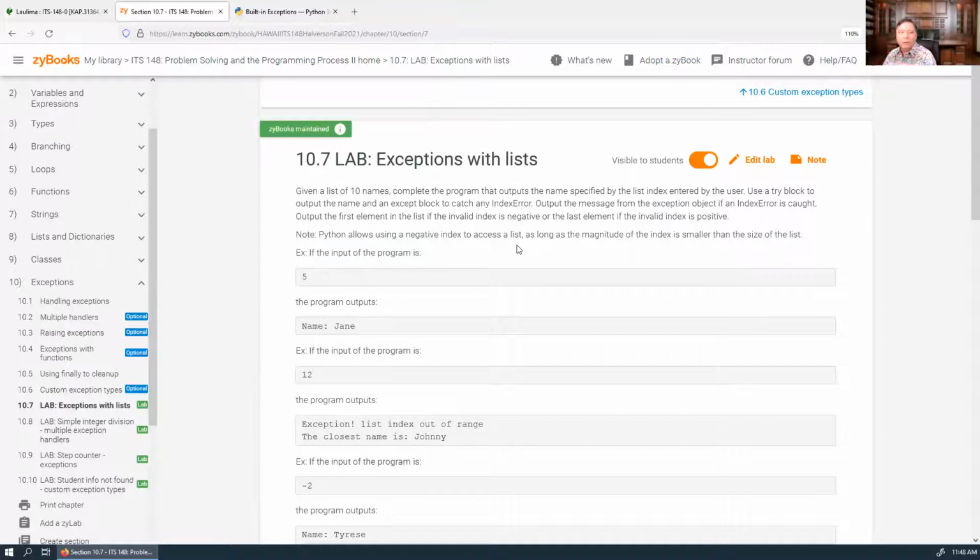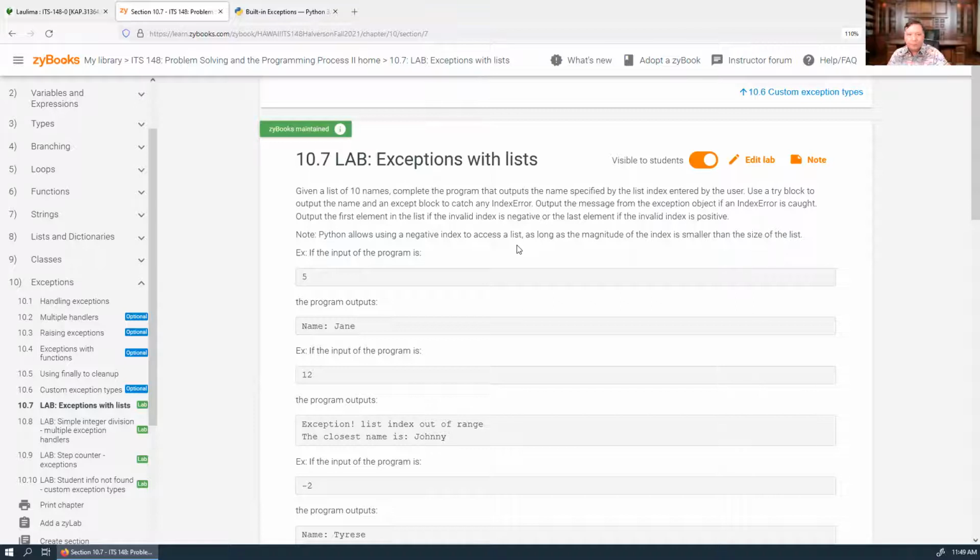So in other words, if you try to reference an element or an index in the list that doesn't exist, you want to output an error message. Output the first element in the list if the invalid index is negative,